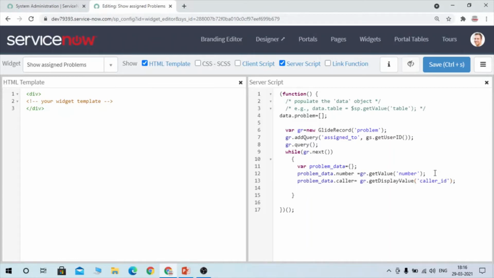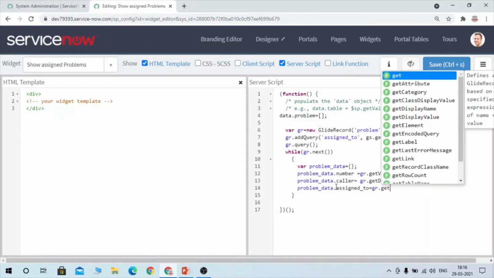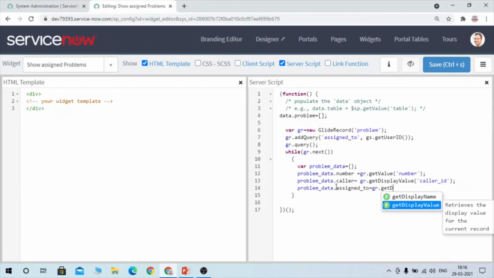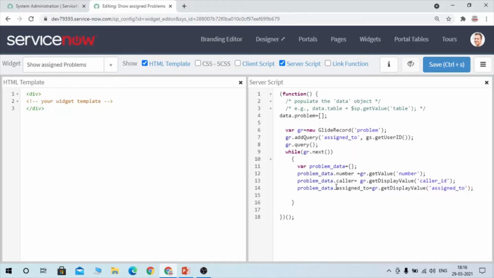And same you can do for assigned to also. I want to show assigned to, passing the backend value of assigned to. And lastly, I am going to do it for short description.